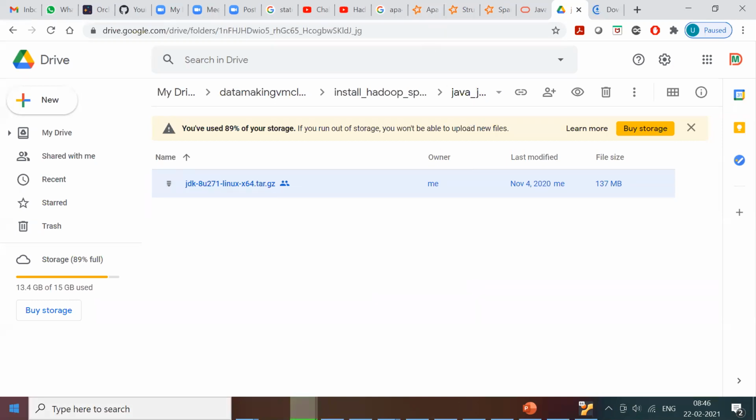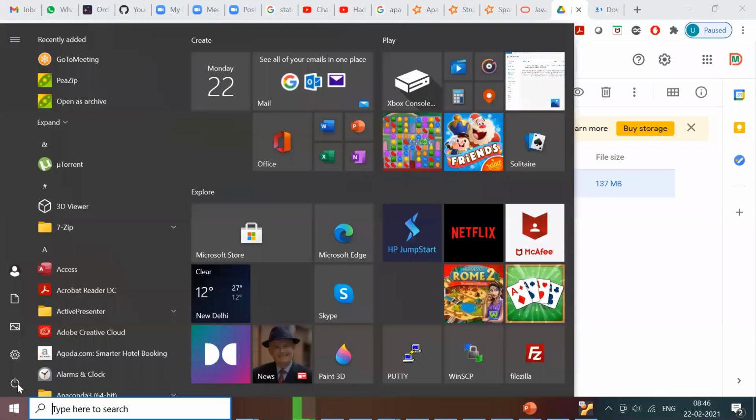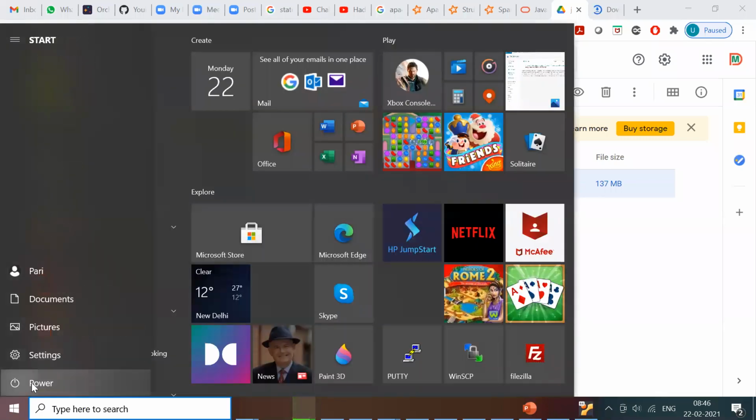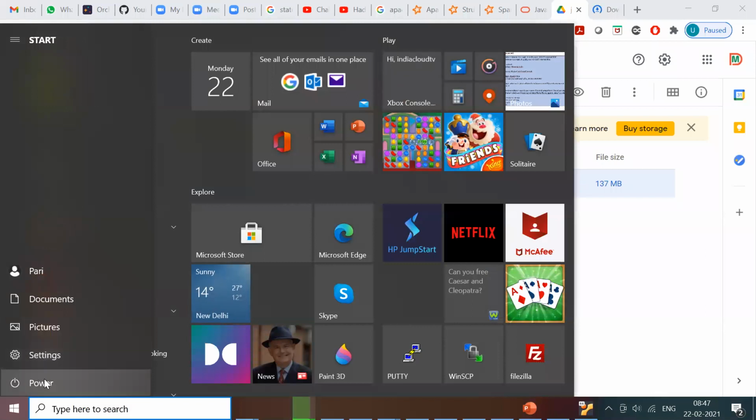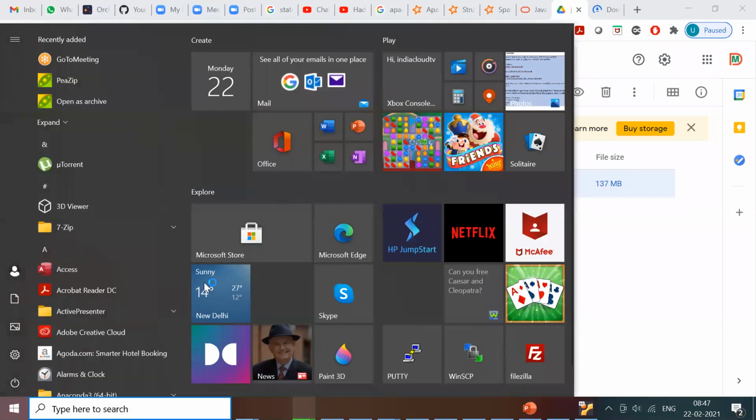Somehow mine got stuck. I'll just restart my machine. It will start in 2 minutes. It's very difficult to continue with this.